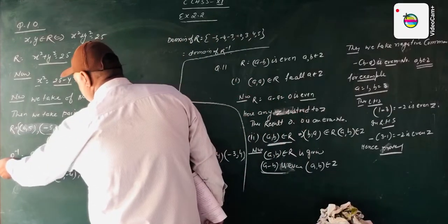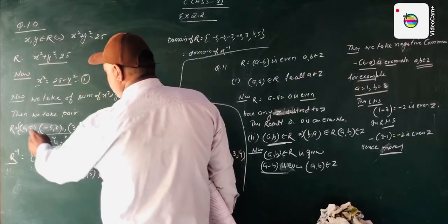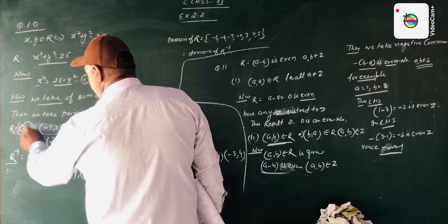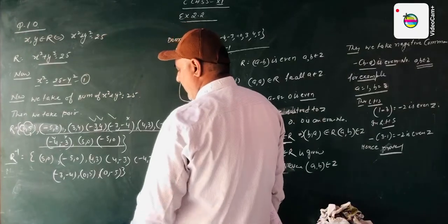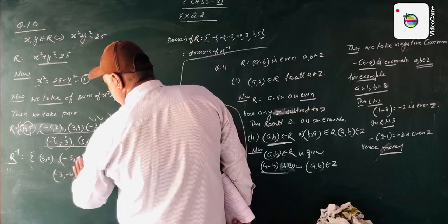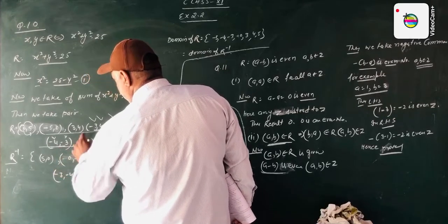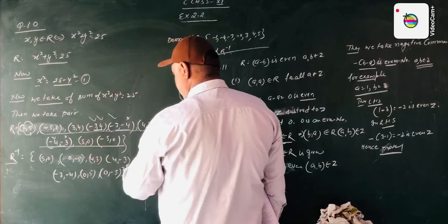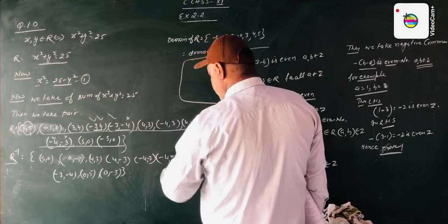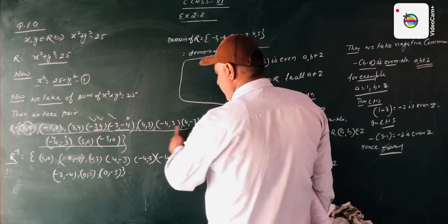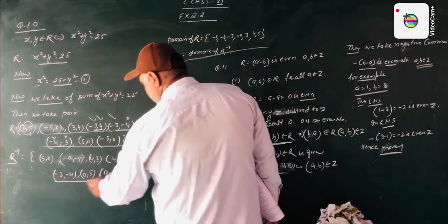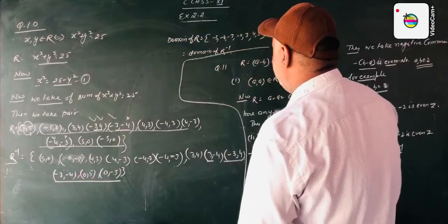Now R inverse of R is equal to, we have told about this, these values change: y changes to x, x changes to y, as in previous questions. So then 5 0 0 minus 5, these values take is 0 minus 5, 4 3, 4 minus 3, minus 4 minus 3, this value 3 4, 4 minus 3. Next, all the terms are reciprocal to each other, then we find the value of R inverse.